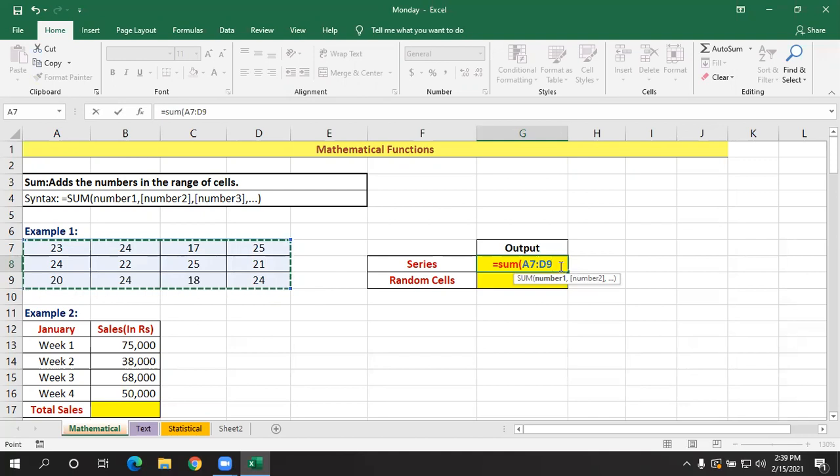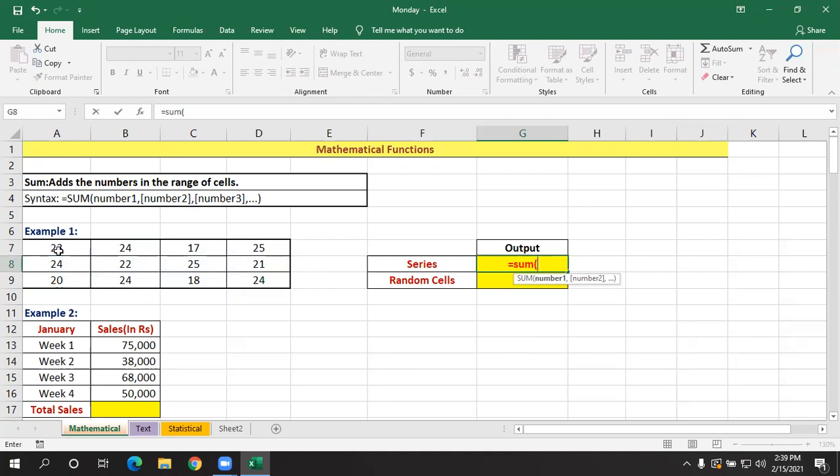So what is the range given? A7 to D9. How do you select it? Click, don't leave the mouse, and select the entire range. If you want, you can also type it directly.